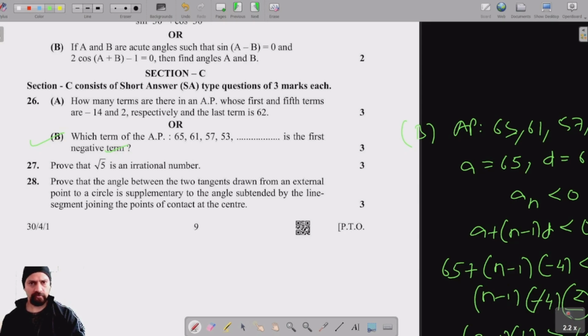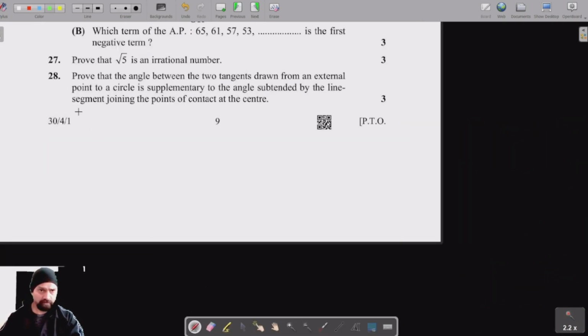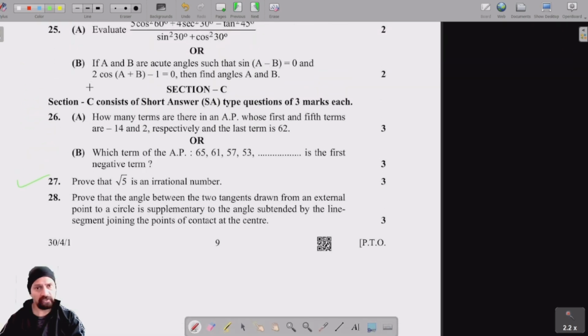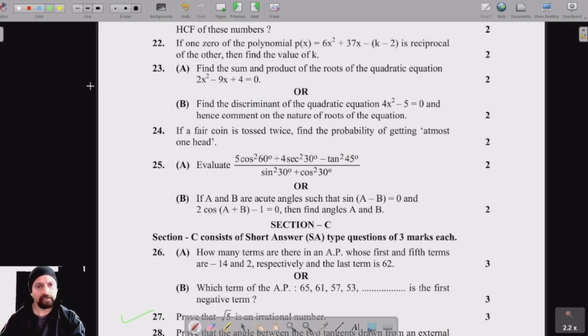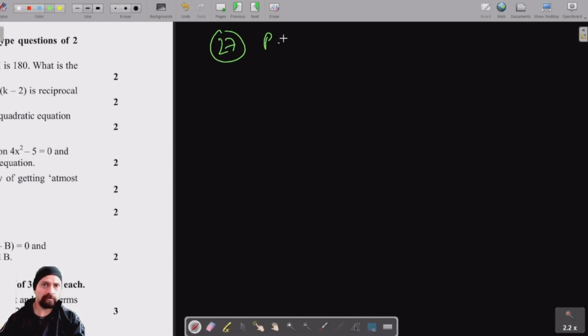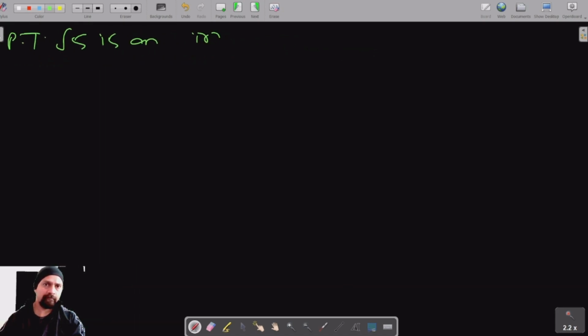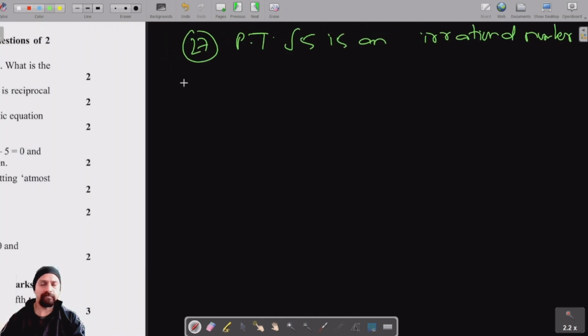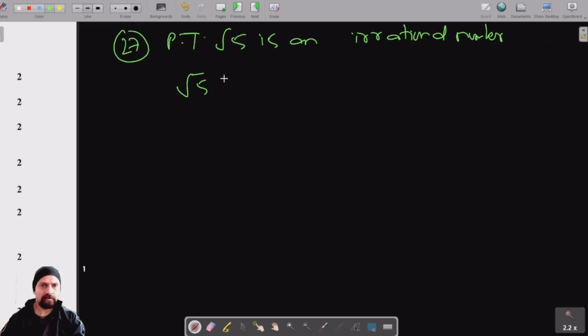And let's move on to the next question. Okay, for question number 27, we have to prove that root 5 is an irrational number. Now let's say that root 5 is a